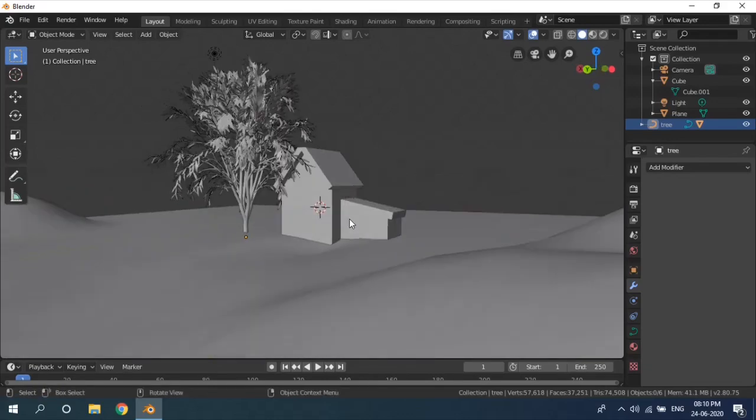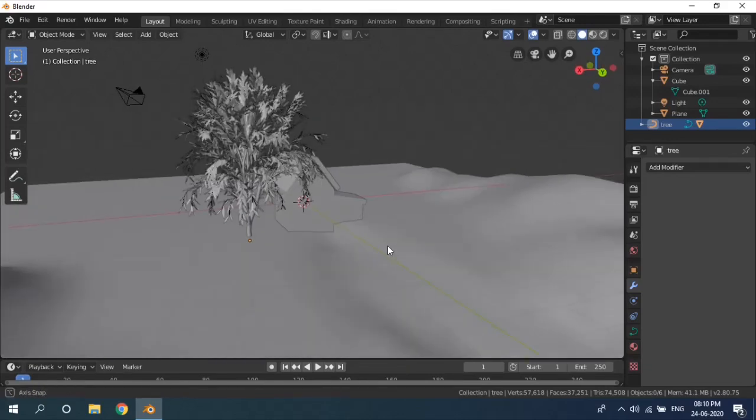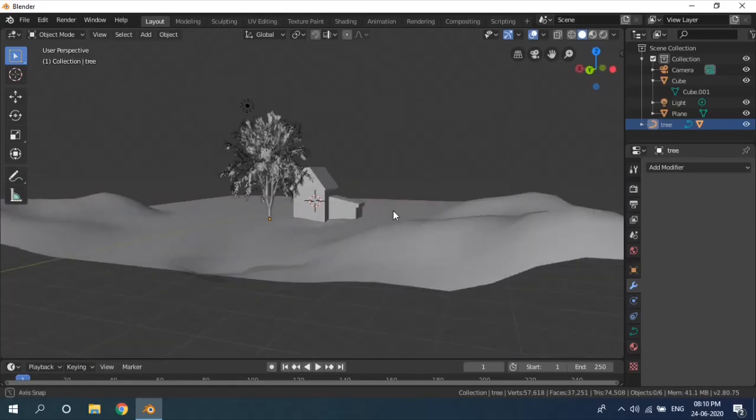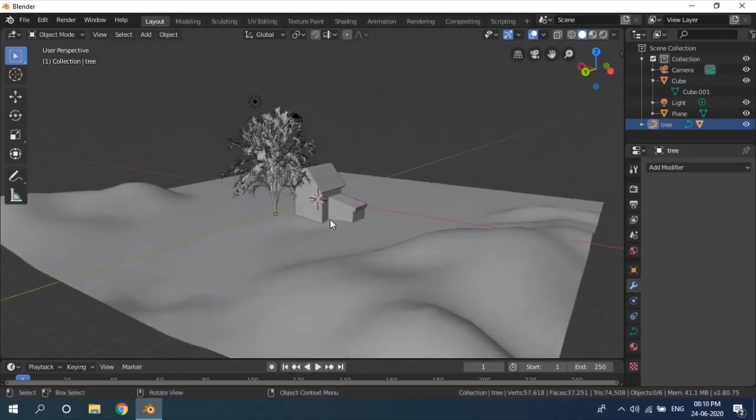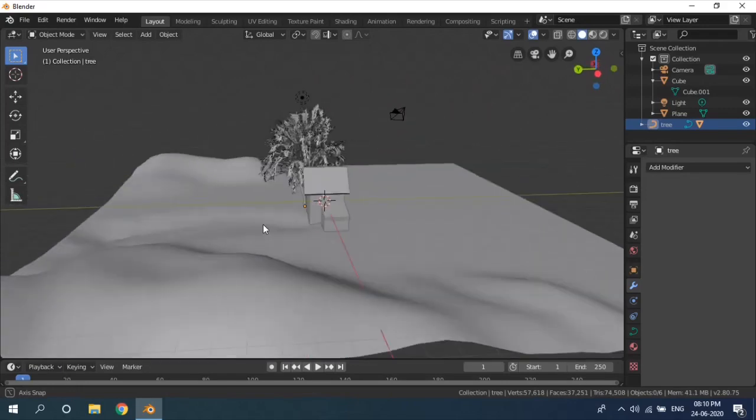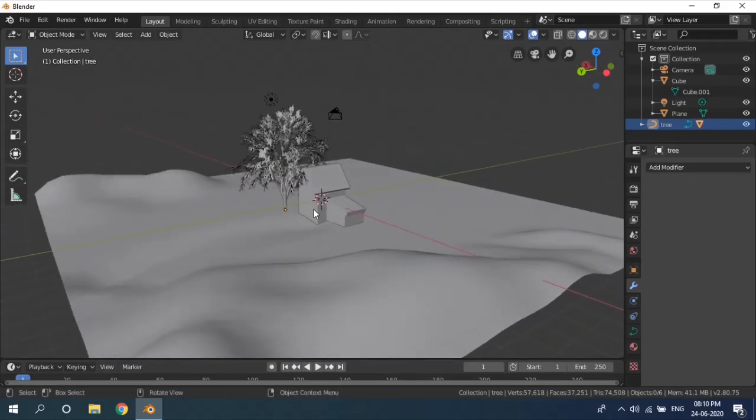In the next episode, we'll teach you how to add grass. It is actually a new series that we are starting. By the end of it, you'll be familiar with things like modifiers, lighting, rendering, many other things. So stay tuned. Till now we have made a simple house and a tree on some biome. But stay tuned, more content coming ahead on Blender. In the next episode we'll shade it, we'll give it some colors, give it some textures.